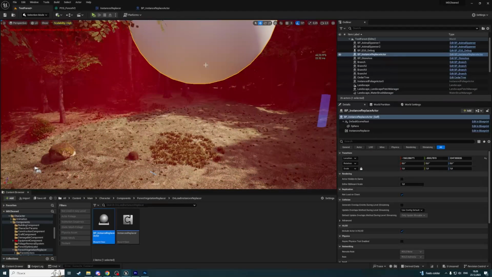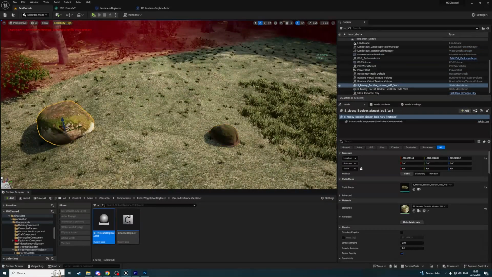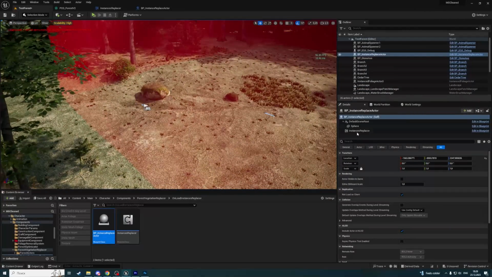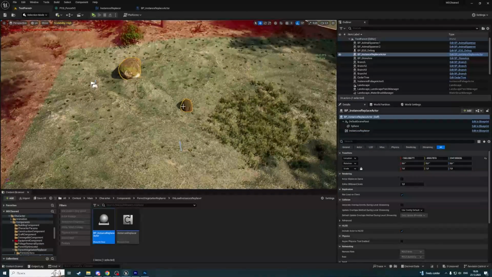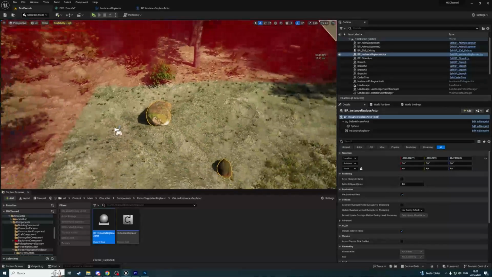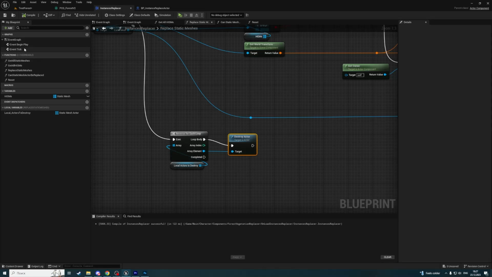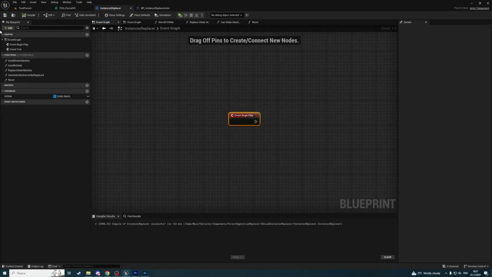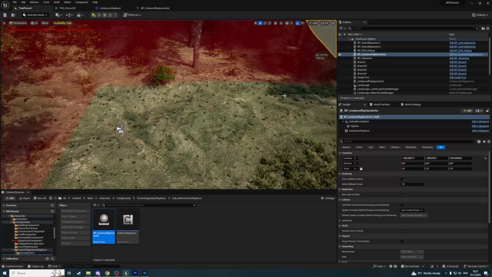And let's test it again. Let's tap reset. These two are static meshes. Instance replace static meshes. Now we don't have static meshes here. We have only instances. So that's it, but I think that a better solution will be to call this replace static meshes in begin play. So like this. So they will be replaced when